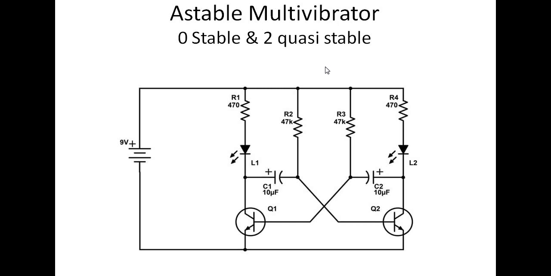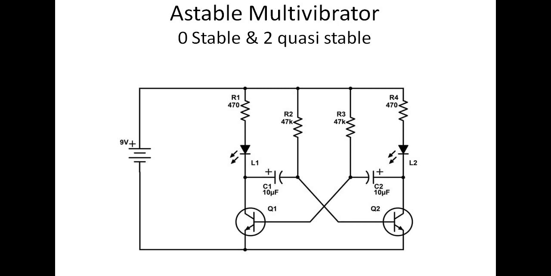Here in this circuit we have enough freedom to pick either Q1 in saturation or Q2 in saturation, right? But not both at the same time, right? What I'm trying to say is you can assume Q2 is on initially or Q1 is on initially. There is no problem at all. Why? Because it is a symmetrical circuit. Symmetrical means the components and configuration on the left hand side and on the right hand side are absolutely the same. That's why either transistor can be on. If one transistor is on, the other transistor is obviously going to be off, right?